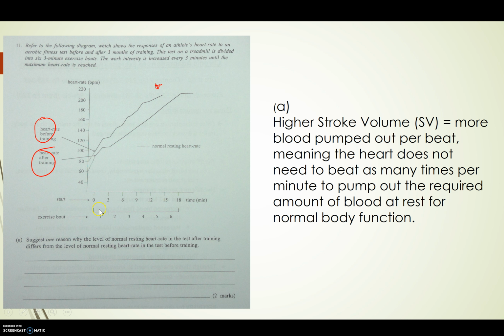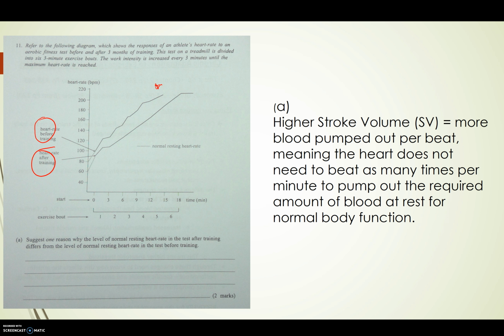So let's look at the first question. That's just analysing the question before you even look at the first part. So it's just one reason why the level of normal resting heart rate in the test after training differs from the level of normal resting heart rate in the test before training. So we can see over here the higher stroke volume